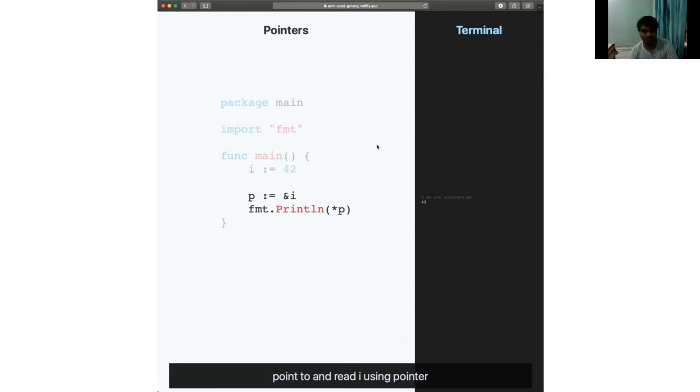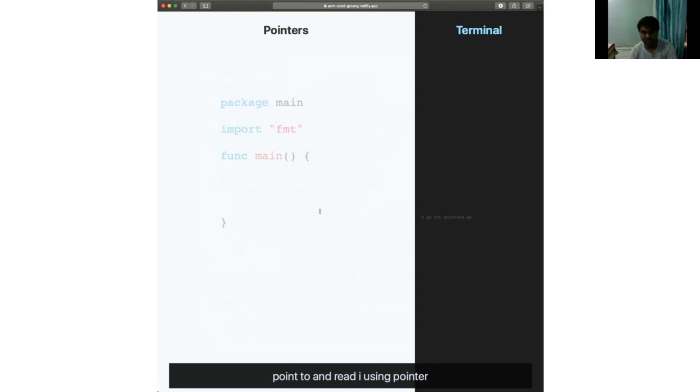So Go supports pointers, and it's basically like C. So you can point to a variable using ampersand, and same way as a normal variable, you can use the shorthand notation to assign a value to a pointer and have a declaration at the same time. And for printing, you use the star operator, just like C or C++.